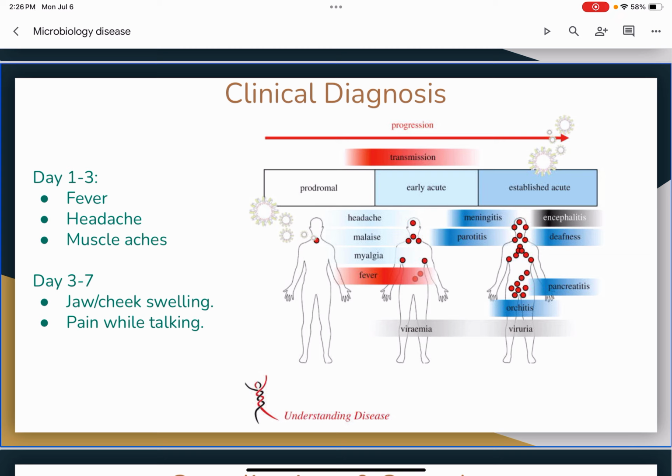experience the feeling that everything tastes sour when you're eating. So no matter what someone is eating, the parotid gland is so inflamed that it contracts just as it would whenever we eat something sour, and it produces a lot of saliva. The swelling typically reaches its peak between day 3 and 7.